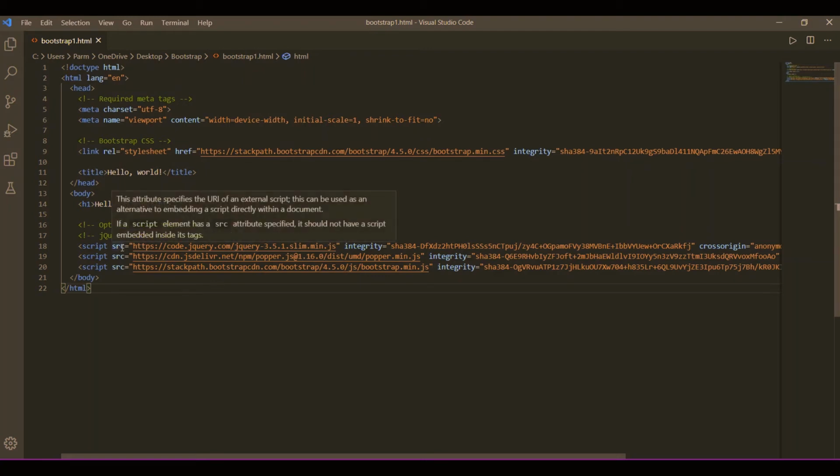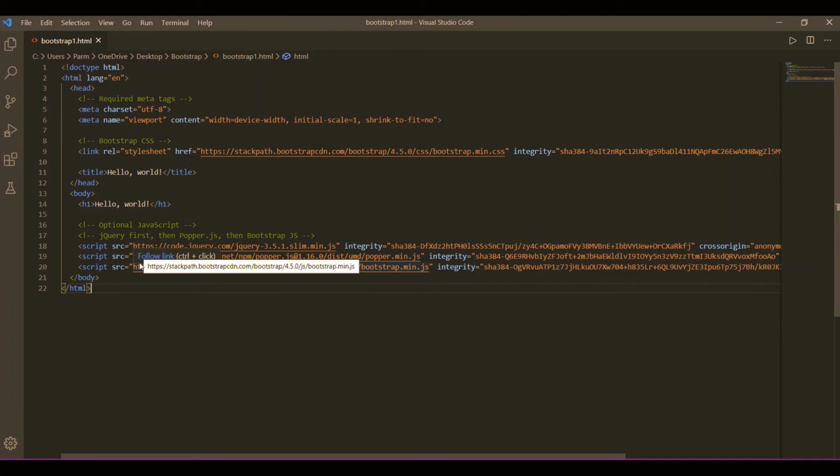Optional JavaScript means that if you want to add features like navigation modules, image carousels, and many other features of Bootstrap 4, then you have to include these JavaScript files over there. Otherwise, if you don't want to use this and you only want to use the CSS properties of Bootstrap, then you need not include this. So that's why it is written as optional JavaScript over there.